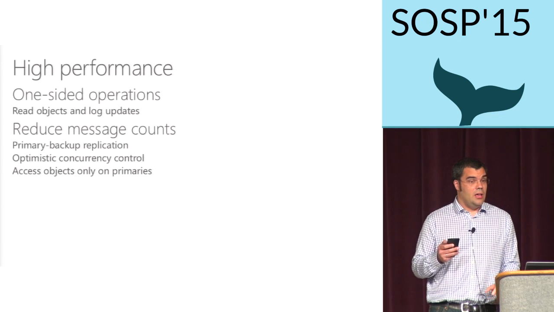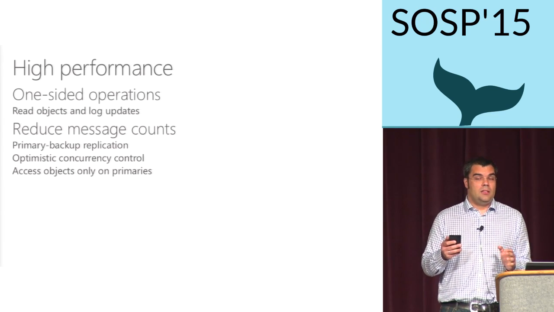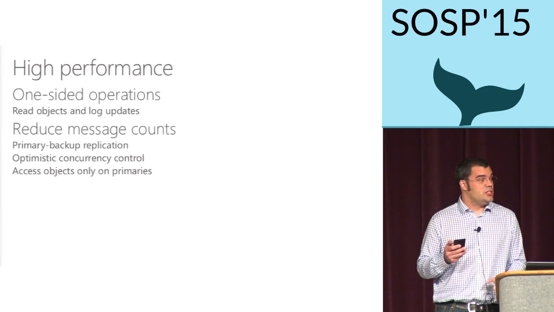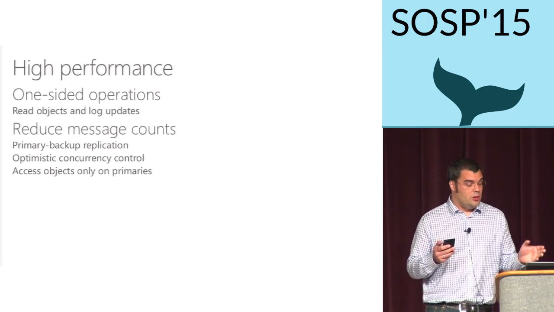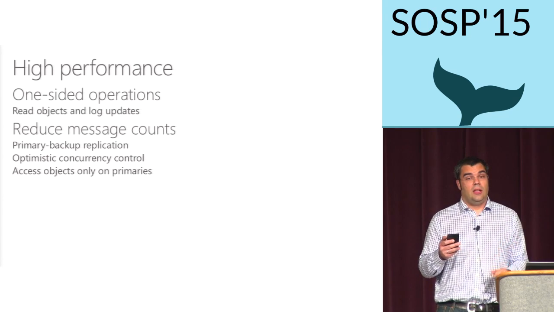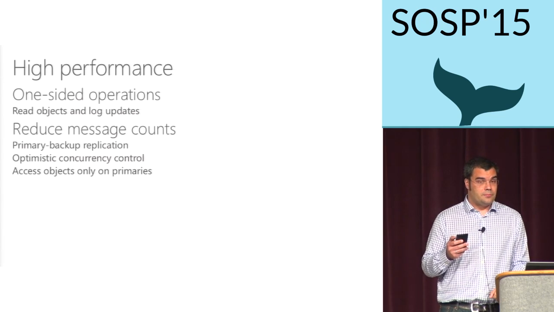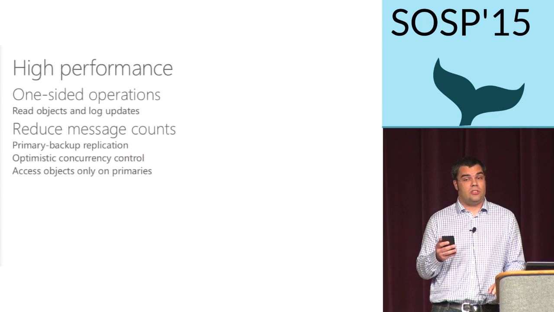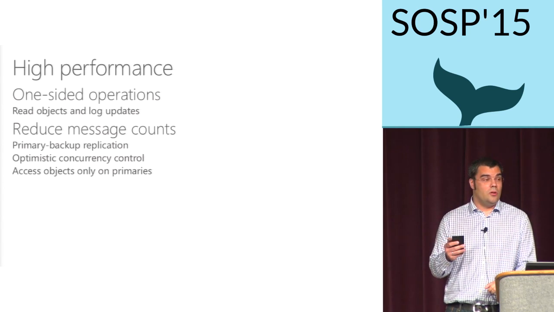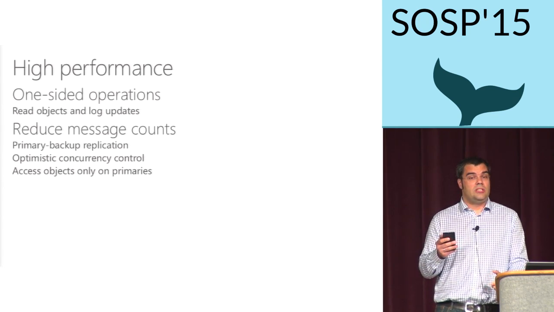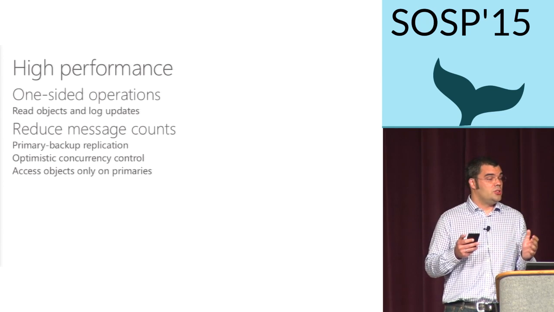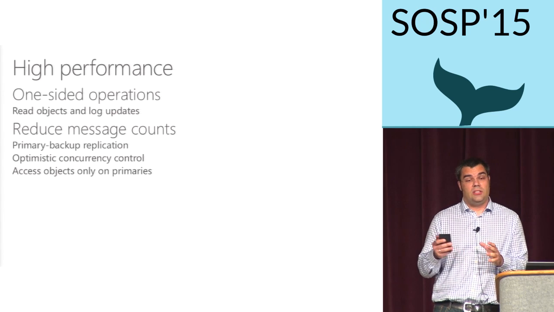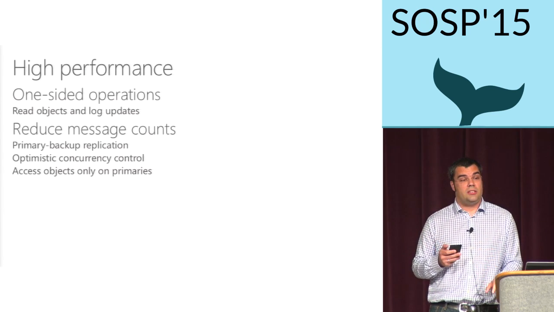Next, I'm going to tell you how we implemented our transactions. So one of the main design goals when designing transactions was to achieve high performance, as this is a perceived downside of distributed transactions. As I already mentioned, we use one-sided operations extensively to optimize the system. We also designed our protocol to reduce message counts as much as possible, again, to reduce the CPU overheads. One of the things that we do, for instance, is we use primary backup replication, which is a lot more CPU efficient or message efficient than if you use a quorum-based system. And it is a good choice in a data center where the latencies vary a lot less than they do in the wide area setting.